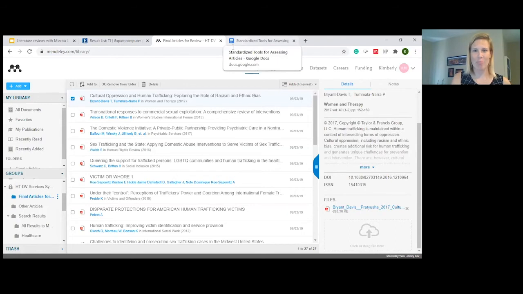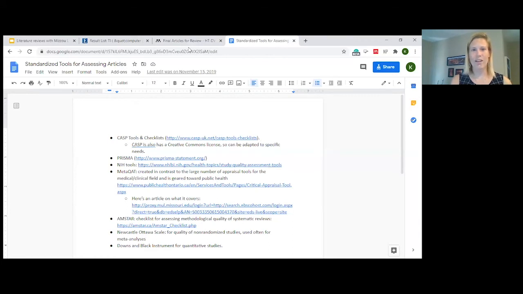I have one more tab at the top. Once you have all of these articles and you've decided you're going to use them in your paper, one required step now for writing a literature review, if you're doing that review paper, and often for dissertations as well, is to ensure the articles you include are quality, that they're not just somebody randomly writing and putting their thoughts down on paper and maybe making stuff up. So there are tools for assessing the quality of articles. CASP and PRISMA are at the top of this list, and this is a list that I have, but I'm happy to share it with you. So if you email me after this presentation, I'll send you this list. These are checklists that you can go through with each article to verify that they are quality articles, that they should be included in your review or your dissertation.